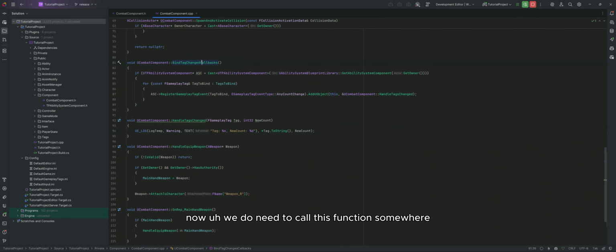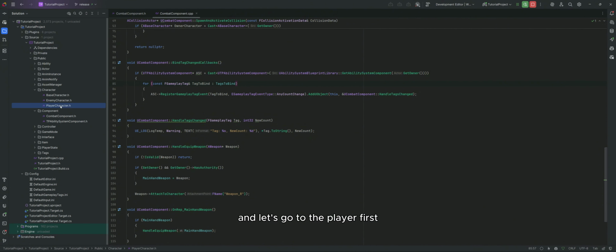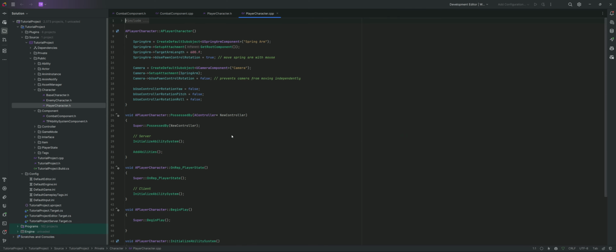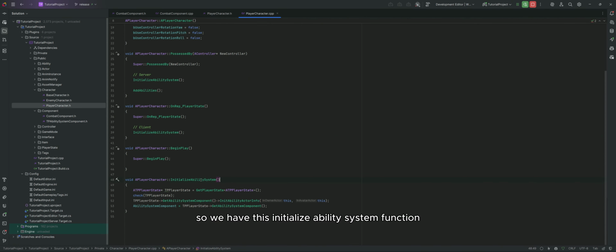Now we do need to call this function somewhere. So in this function we need access to our ability system component. So before calling this function to register all the tags that we want, we need to make sure that our ability system component has already been set. So to do that, we're just gonna go to our characters and let's go to the player first. So we have this initialize ability system function, and I know that here I should have a valid ability system